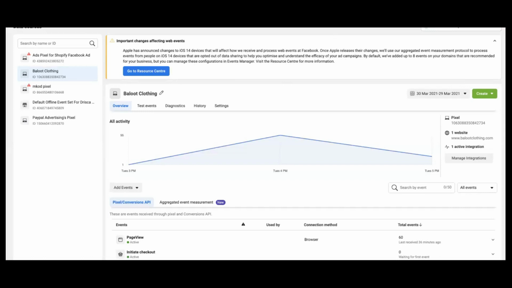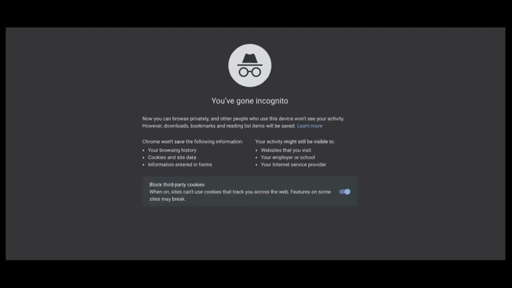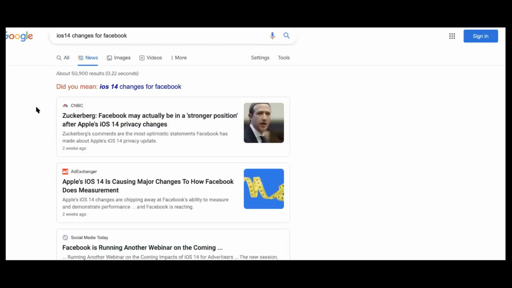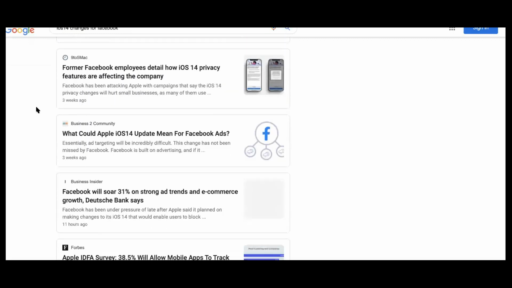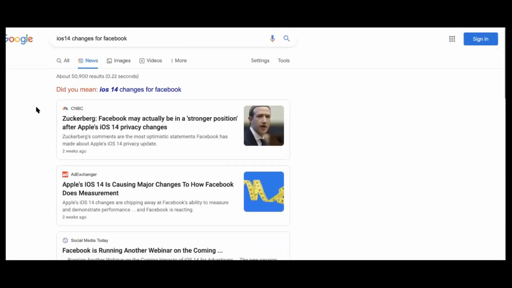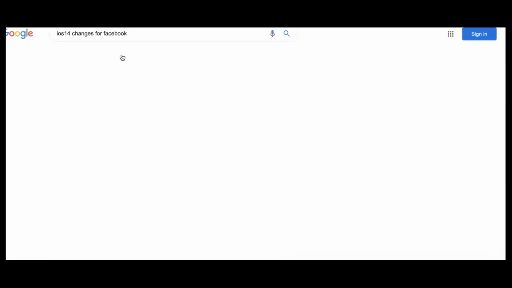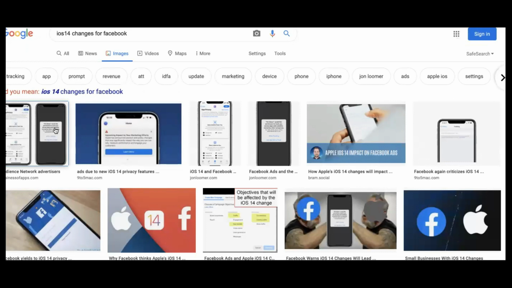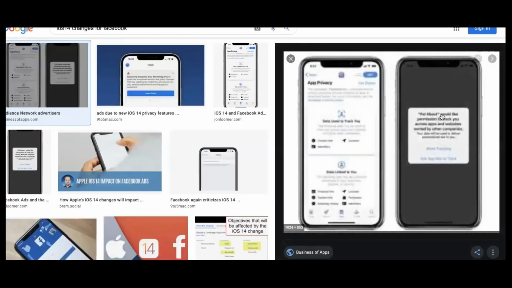So what that means, basically, if we search Google for iOS 14 changes for Facebook, from these images you can see that Apple is now putting a message to people that they can opt out of these changes. So just as an example from this image, you can see that